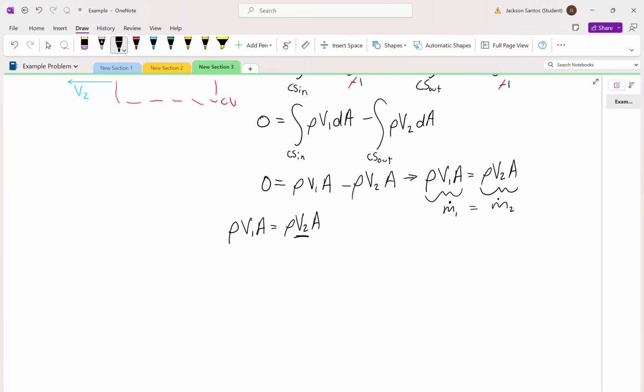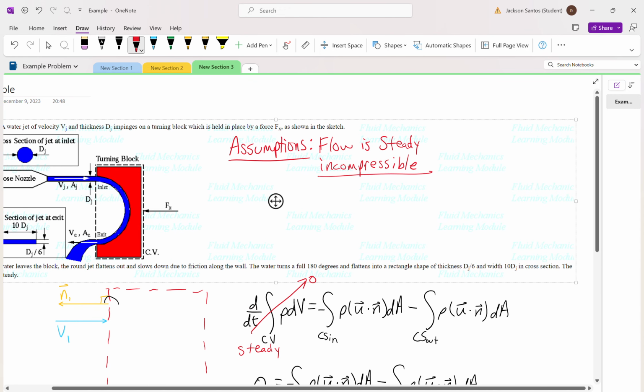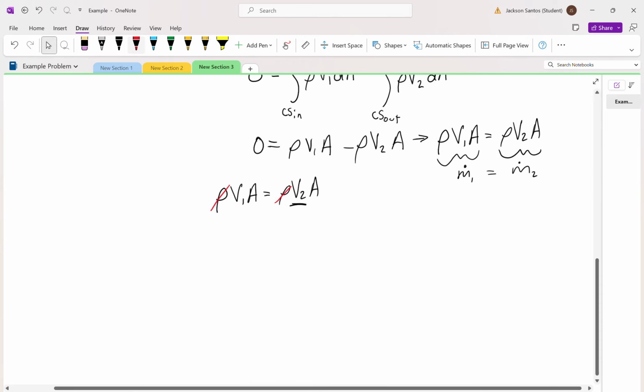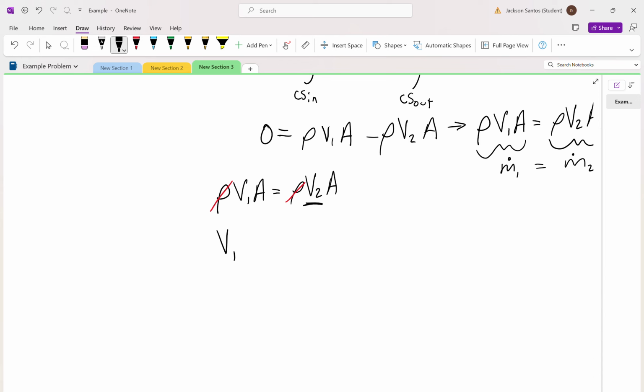So rearranging that, the first thing we can do is cancel out these density variables because, as I said earlier in our assumption, it's incompressible. So our density is going to remain constant. So then we're going to have V1 times pi over 4 d1 squared